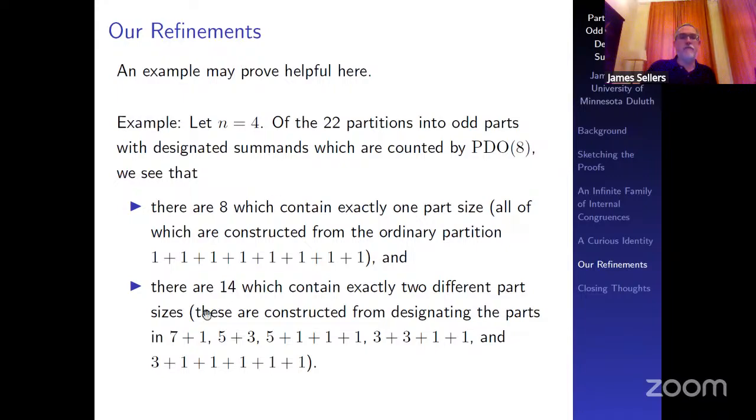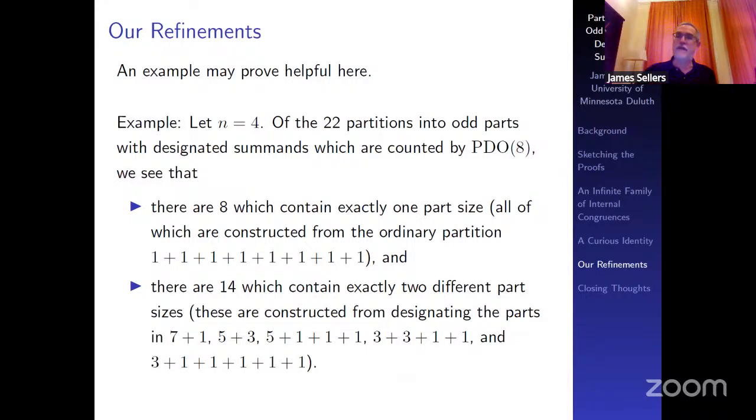And they come from creating the designated parts for 7+1, 5+3, 5+1+1+1, 3+3+1+1, and 3+1+1+1+1+1. Notice those have exactly 2 different part sizes to them. And if you think about it for a minute, you can't have 3 different part sizes into odd